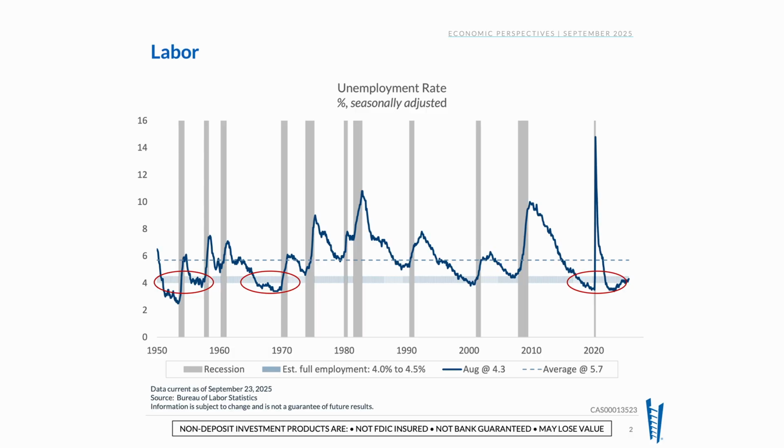It did so in the early 1950s and late 1960s when the country was at war in Korea and then Vietnam. There was a draft, and a lot of young men were in the military not looking for a job. That was a technical issue that drove down the unemployment rate. This time, on the right side of the chart, the rate is low, in part due to baby boomers retiring faster than younger generations coming into the workforce, but it's mainly due to the fact that this economy is really strong. Now, the unemployment rate gives us the relationship between those who are working and those who would like to be working. So the unemployment rate at this level is not a problem for the Fed.